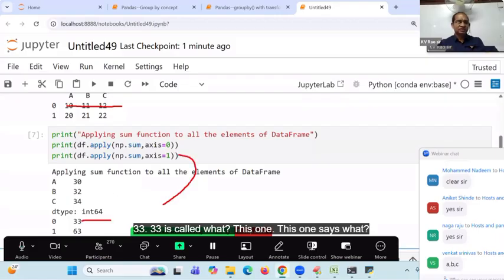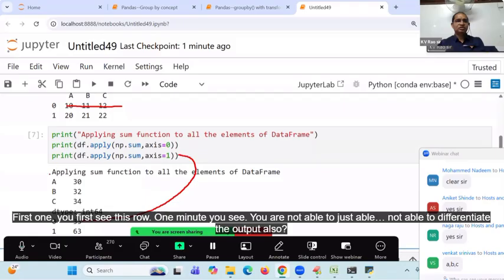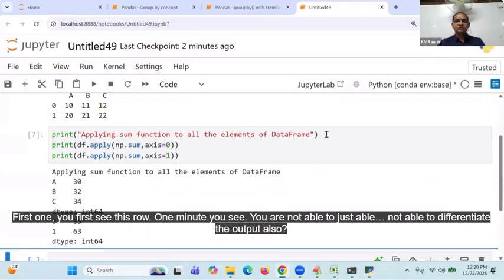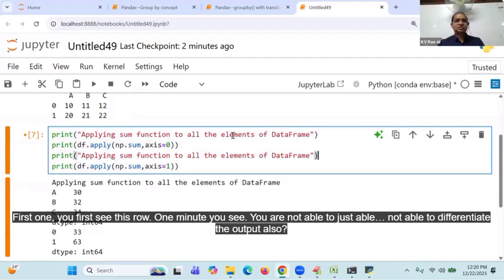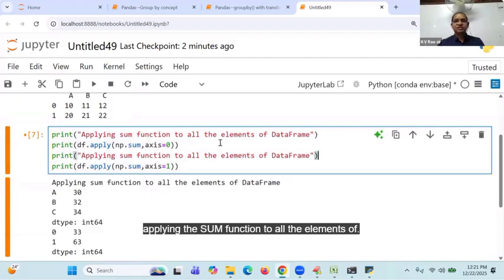This one says what? Row, column, silence. First of all, you see this row. In one minute you see, you are not able to differentiate the output also. Applying the sum function to all the elements of the data frame with the